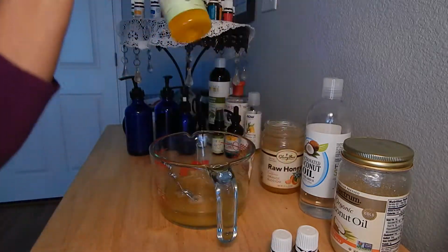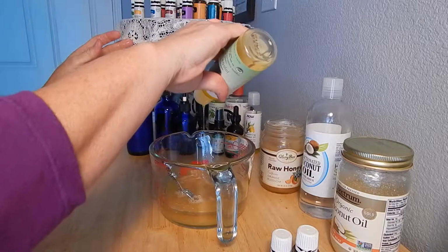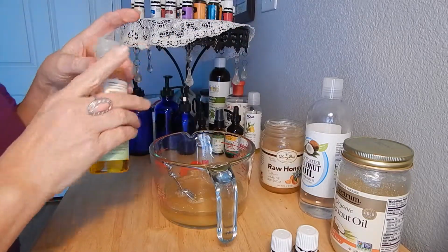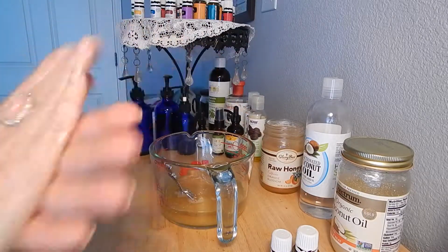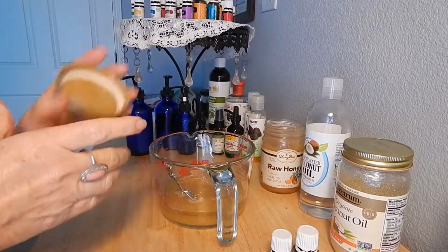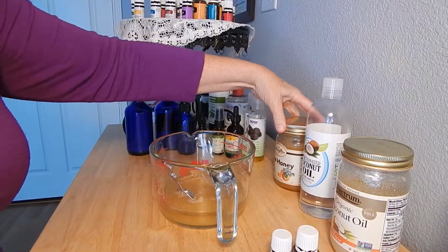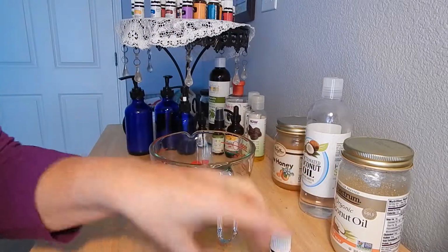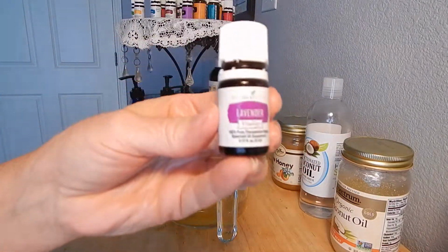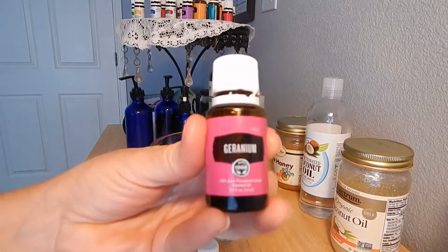I'm going to try this time. Last time I didn't put any, so I'm going to just put a few drops of that in there. Actually, a few squirts of that. It's not, like I said, it doesn't have to be a perfect measurement. Cover those up. Okay. And the two that I like for the body wash are lavender essential oil and the